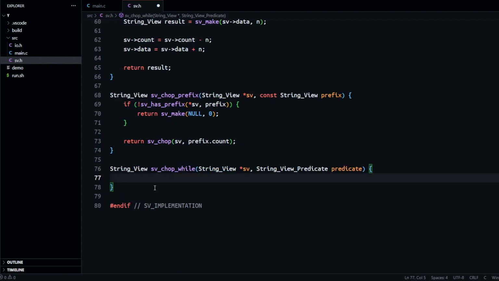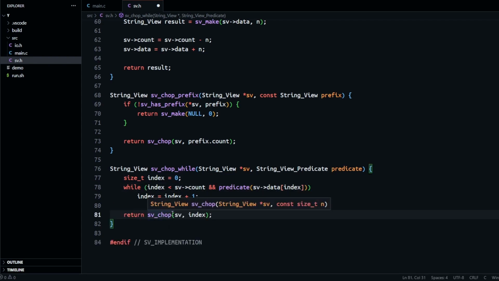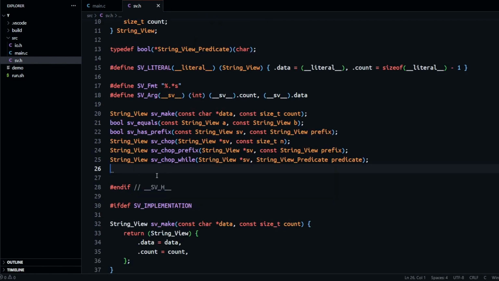To do that, we can just add a loop where we increment an index while the index is smaller than the string view count and the predicate for that current character is true. Finally, we can return the svChop of the string view that was provided by the user with the length of the index we accumulated. We can also create an example predicate called svIsAlpha, which is basically going to return true